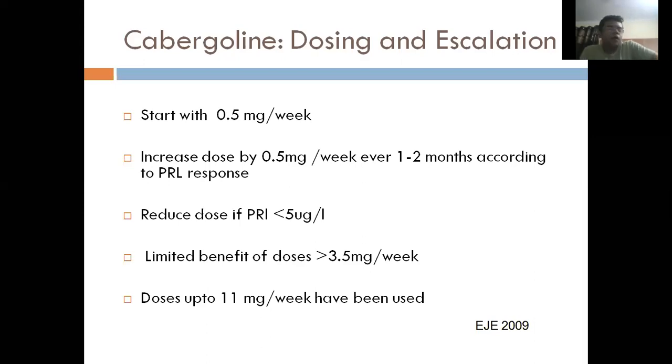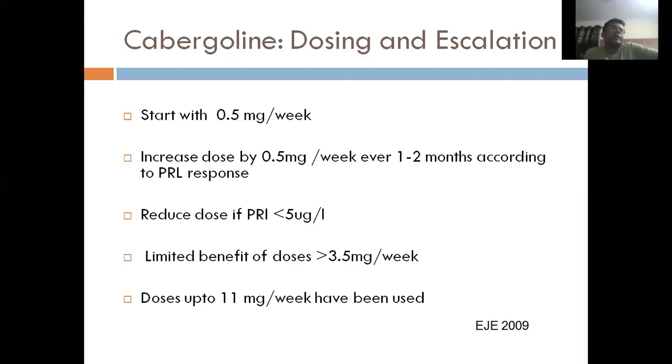in size. Once the tumor has almost disappeared, you don't stop the cabergoline at that point of time, because still the tumor cells may still be alive. And one common protocol that we follow is that we give for another 2 years after the tumor has regressed completely. We continue the drug for another 2 years, and that ensures that whatever cells are left are also dead, and then subsequent recurrence of the tumor becomes less likely. So this is what generally is done for a microprolactinoma.